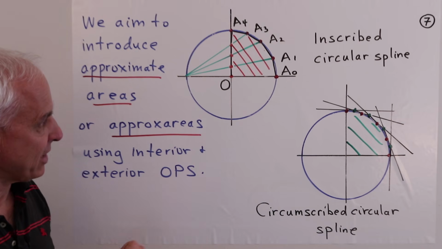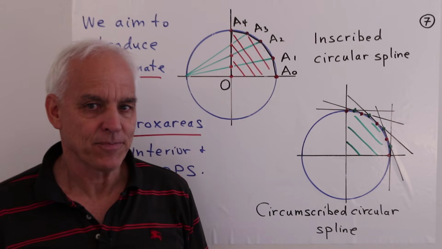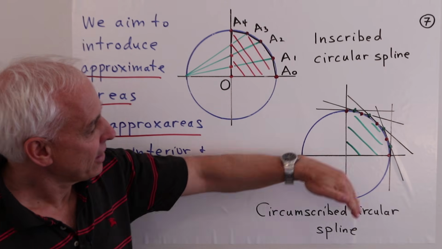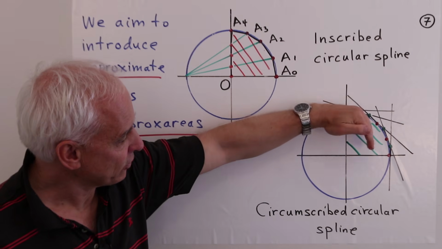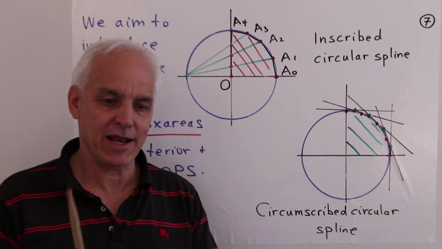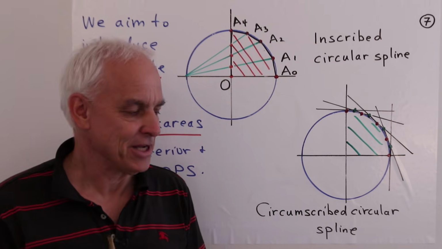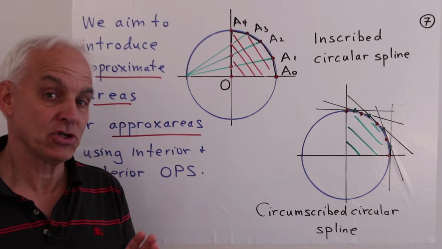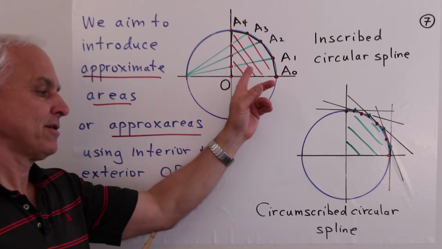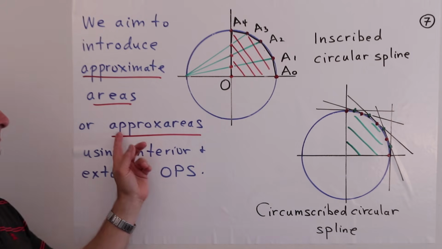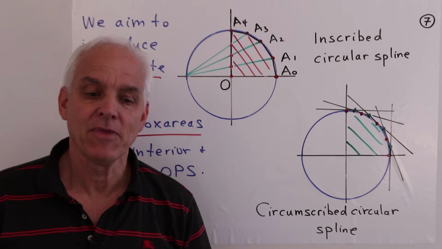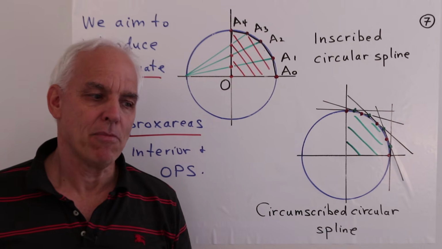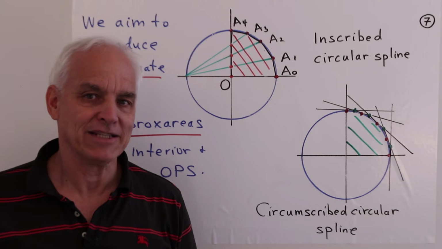But before we do that, we need to become a little bit more familiar with sums and some summation issues. And we also want to say a little bit something about tangents, because we're going to need an understanding of tangents to get at the circumscribed circular splines. But we're going to come back to this problem, something that we're going to flag, and we're going to show you how to calculate the approximate area, or maybe approxarea, of a circle in a somewhat novel and maybe more efficient way than most of those historical examples that we've been talking about